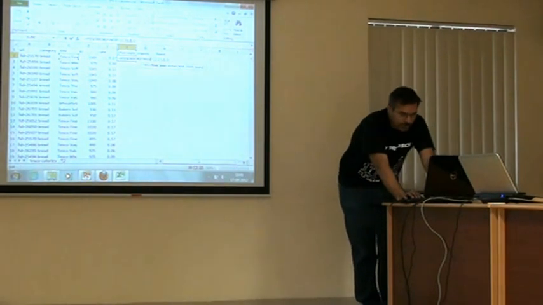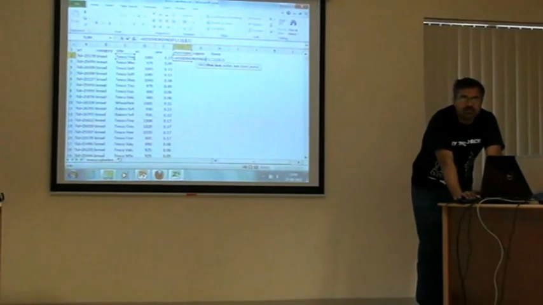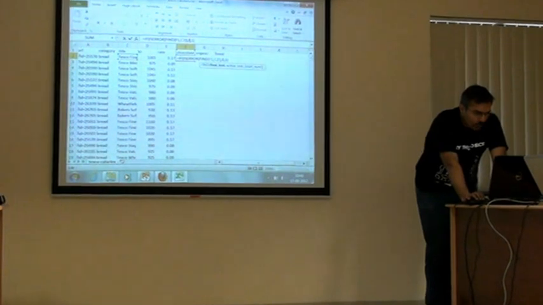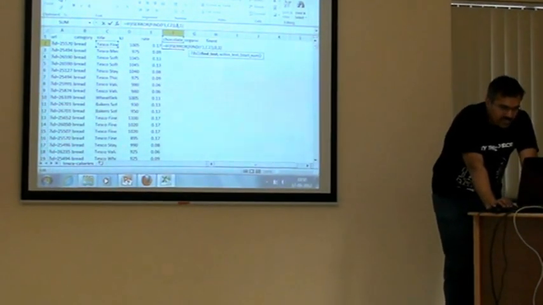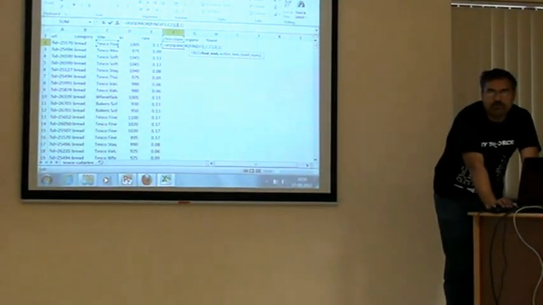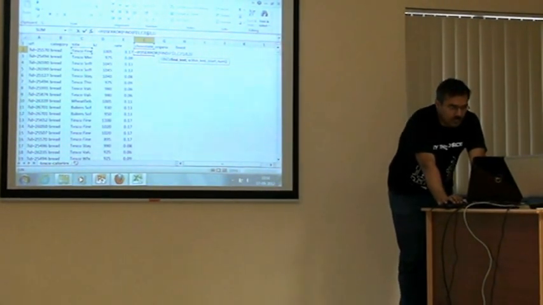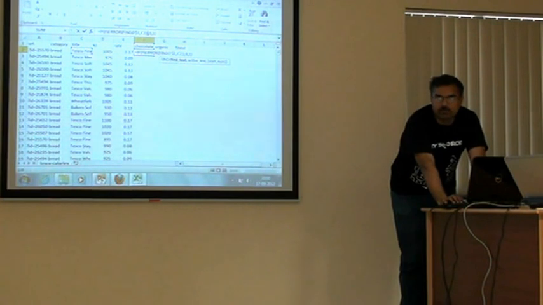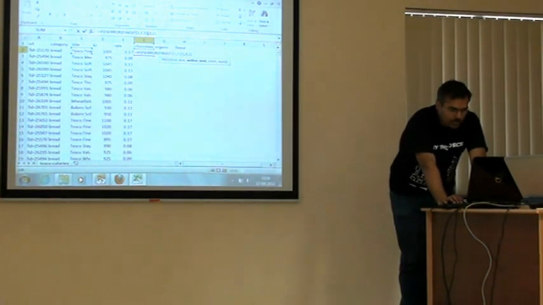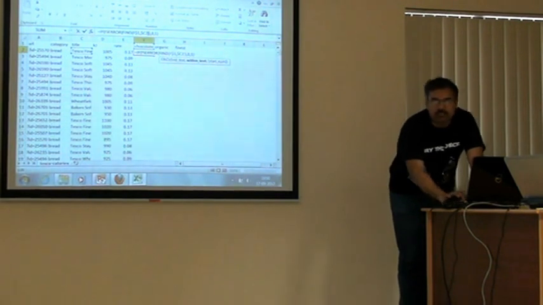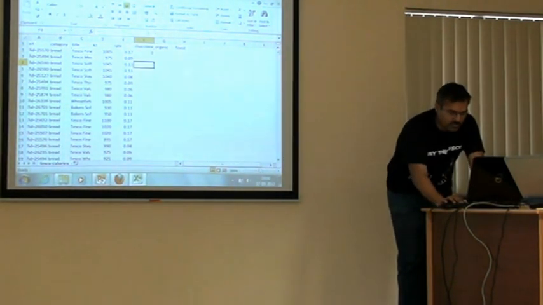In order to be able to copy and paste it, I'm going to have to put a few dollars around this. So I want to make sure that F1 stays F1 as I move it down, but as I move it left and right, it moves along. So I'm going to put a dollar against the 1, so the 1 never changes. It's always going in the first row. And I want to make sure that things stay at column C, and the columns don't move as I move it around. So with this, I should be able to